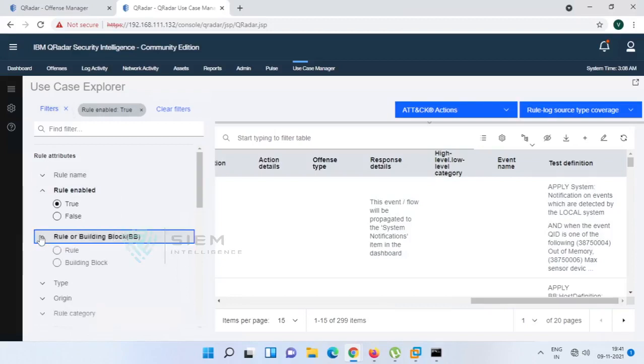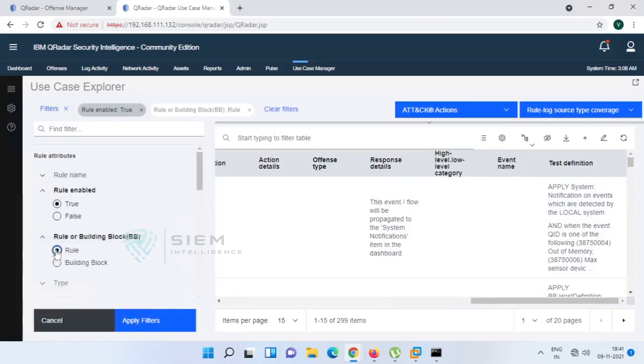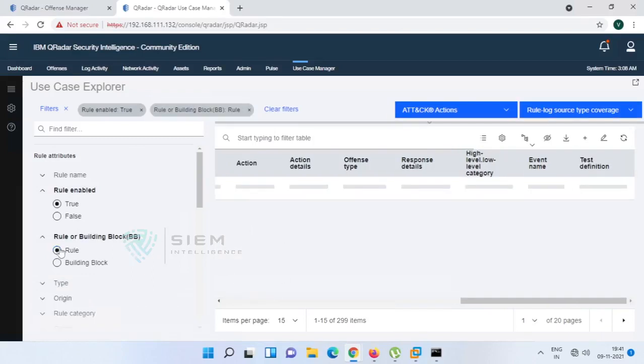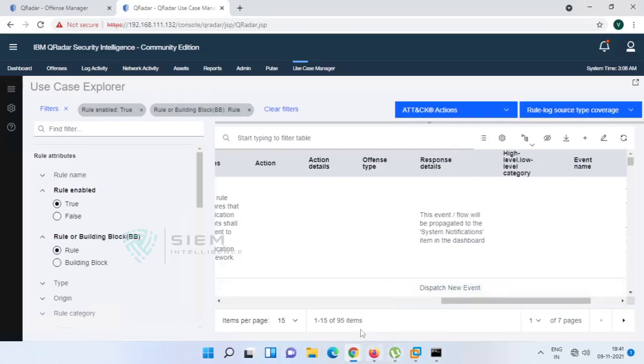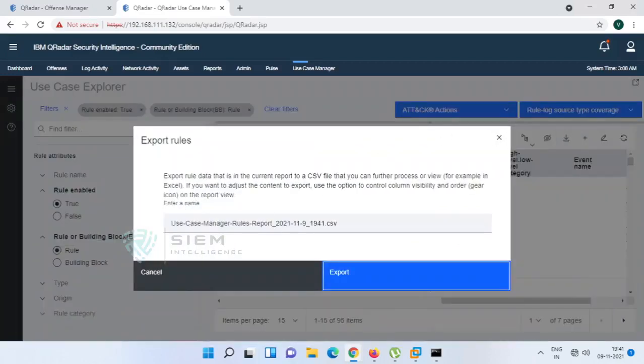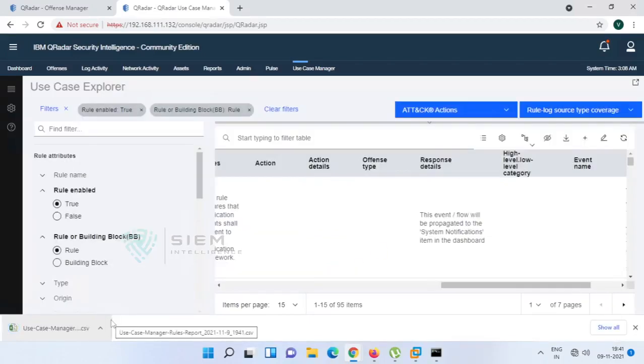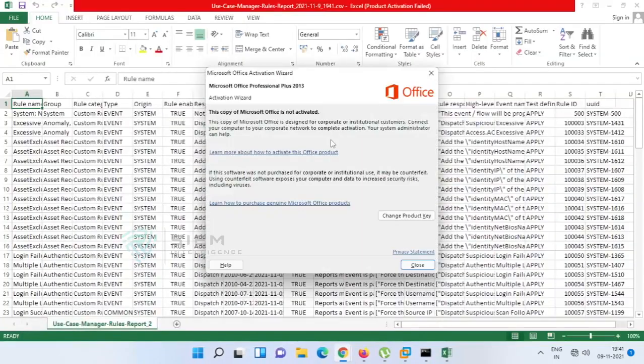You can choose rules and building blocks. You can only choose rules and you can save. Now here you will get only rules, not building blocks. If you want to take out the building blocks, you can choose building block. There are only 95 rules. You can download it. Now here you get only the combination of rules. There is no building block. This is only the rules.